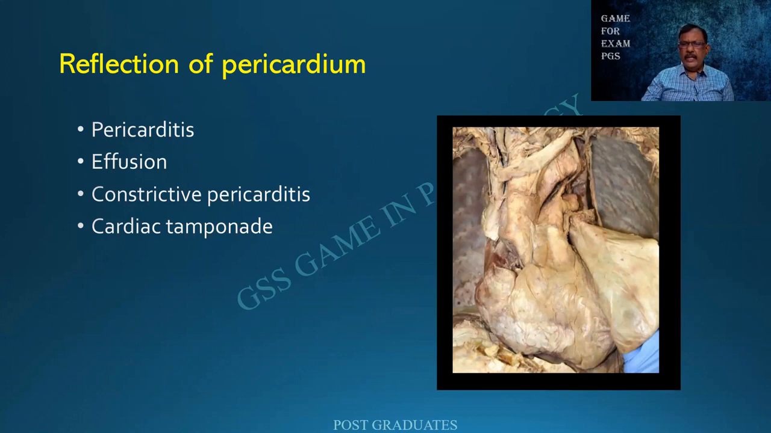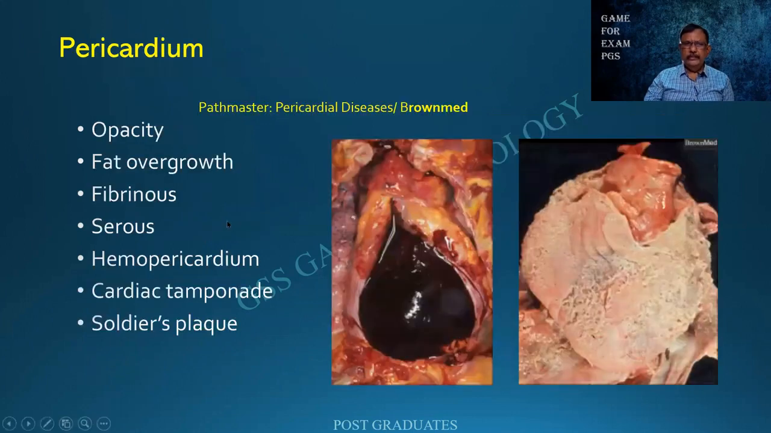If you are lucky, we shall be seeing a couple of pictures of this. These I have removed from the dissection of the heart, a beautiful series if you people can lay your hands on. So in the pericardium, we should look for the opacity, the overgrowth of fat, fibrous, serous or hemopericardium, cardiac tamponade,